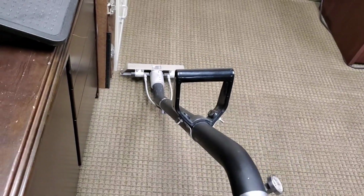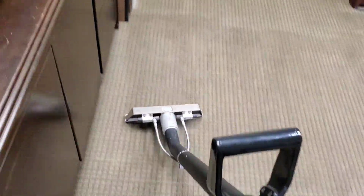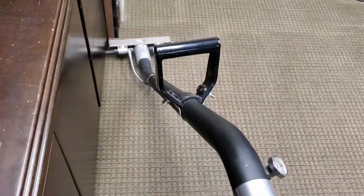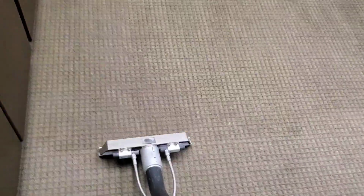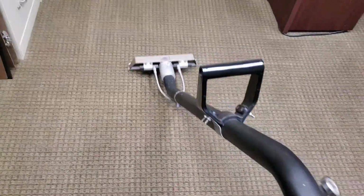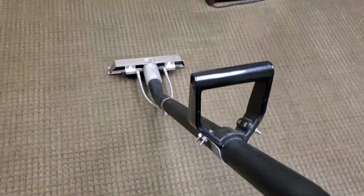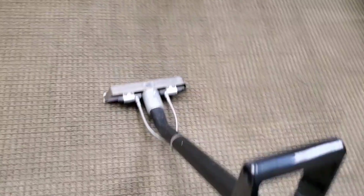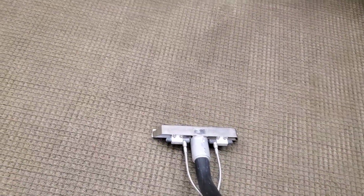For 4 bathrooms. 2 kitchen areas, 1 upstairs, 1 downstairs. And then of course 2 bathrooms upstairs, men's and women's, and same for downstairs. But we do this carpet every 6 months almost on the dot. And so this isn't going to be a very big video, but